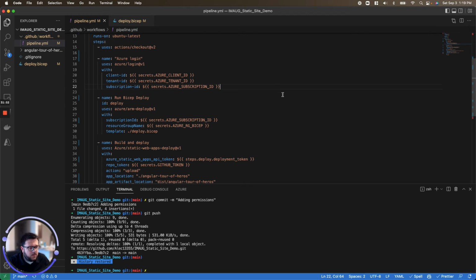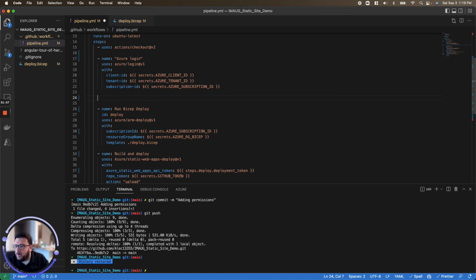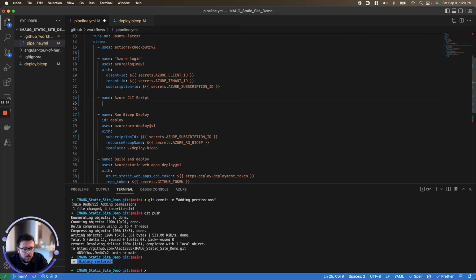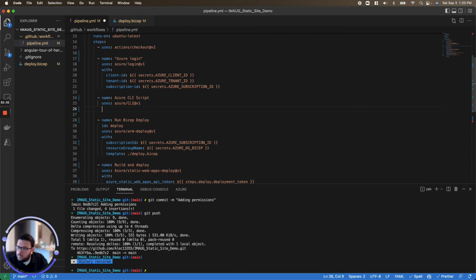So what we're going to want to do is, before we run our bicep deploy, because the resource is locked, and if we ever want to change our static site, we need to make that thing unlock prior to doing anything else. But we need to do it after we've logged into Azure to make sure that we have the right credentials to do that. So what we're going to do is run a quick CLI command. And it's going to use Azure CLI at v1 with